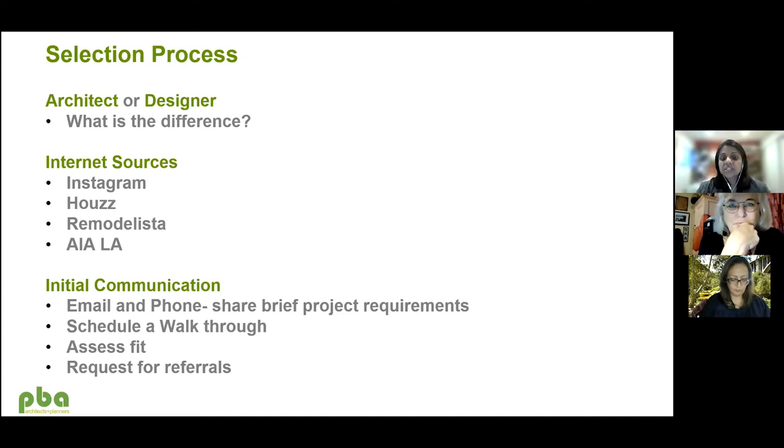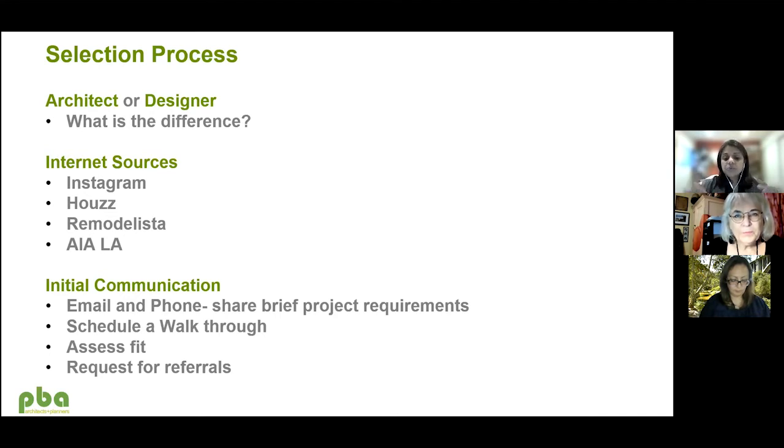You can work with a designer. You just need to make sure that whoever you work with, whether an architect or a designer, they have the right experience and they understand code, and they know construction, and they have the experience to be able to do what you're wanting them to do for your project.